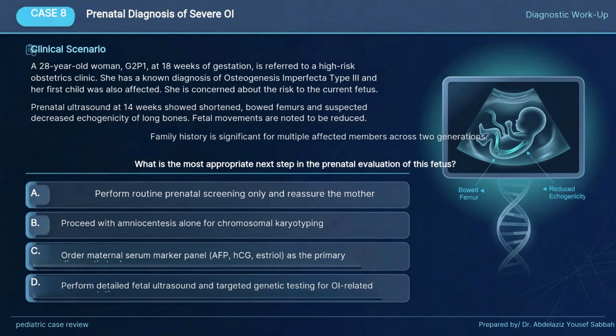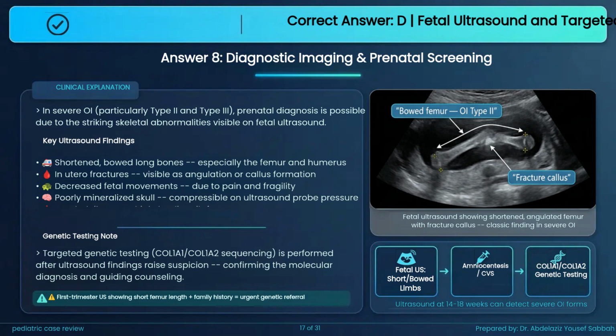Option D. Perform detailed fetal ultrasound and targeted genetic testing for osteogenesis imperfecta-related gene mutations. The correct answer is Option D. Perform detailed fetal ultrasound and targeted genetic testing. In severe osteogenesis imperfecta, particularly types 2 and 3, prenatal diagnosis is possible due to striking skeletal abnormalities visible on